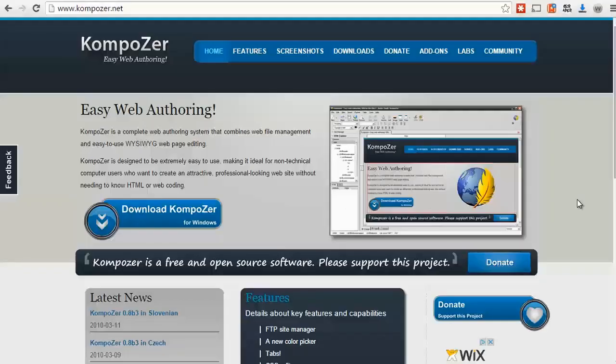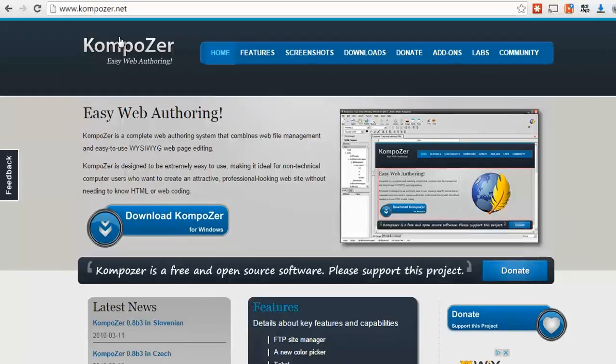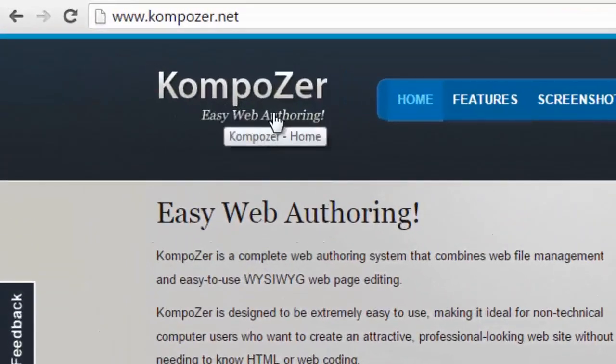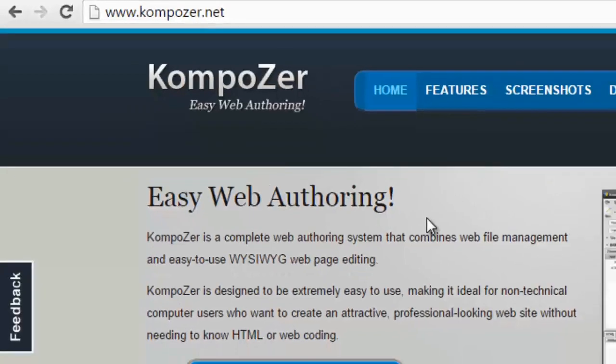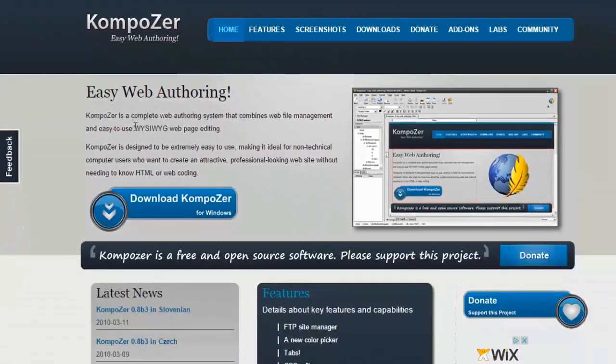So the easiest way to access Composer, the HTML editing tool, because we are going to be utilizing this tool in this video course, is by going to kompozer.net, as you can see up right here. So it's kind of like Composer with a C, but it has a K. Now, as you can see, it is an easy web authoring tool. It's what we call a what you see is what you get. So you see it on the screen as a web editing tool, and the code will actually be shown on the back end. So I'll show you that in just a minute, but I highly recommend